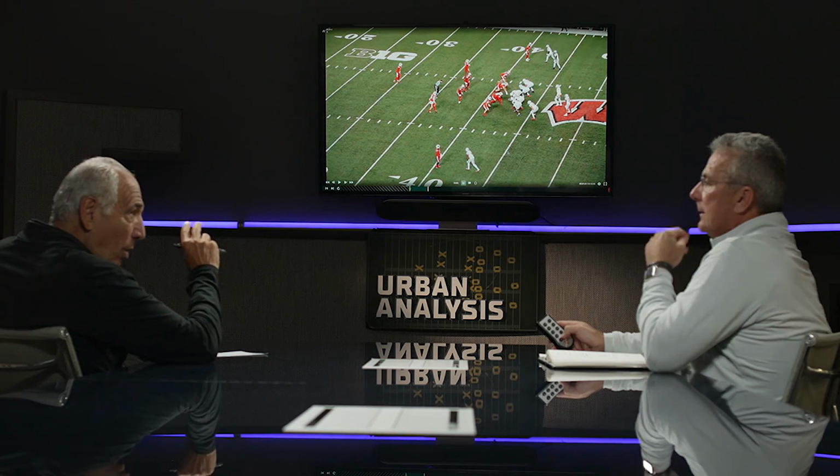Coach, let's talk about the Ohio State run game and the offensive line. They got off to a slow start. They've really improved throughout the season under Coach Justin Frye. In fact, they were on a mid-season honor roll for the Joe Moore Award, which is for the best offensive line in the country. We're going to watch, or I'd like you to take us through two basic run schemes